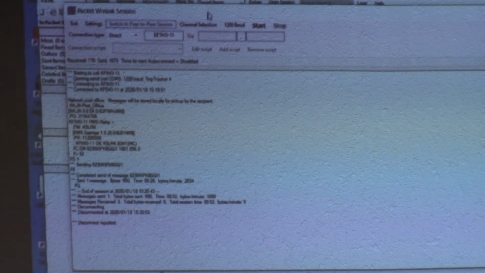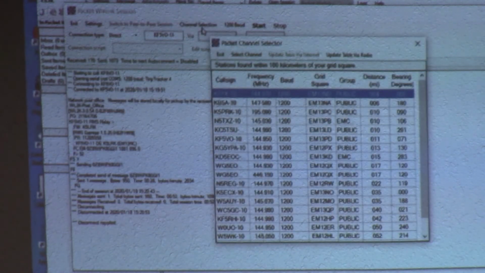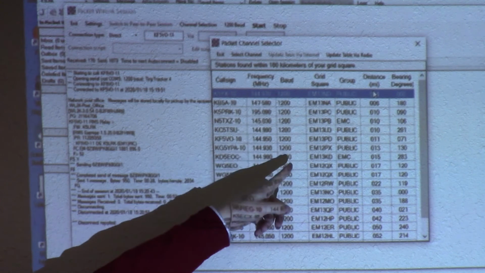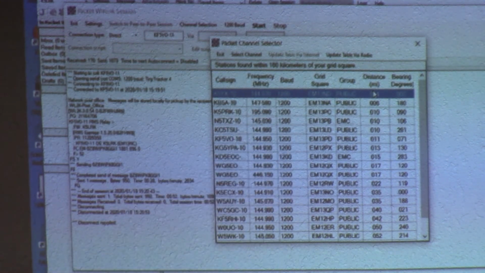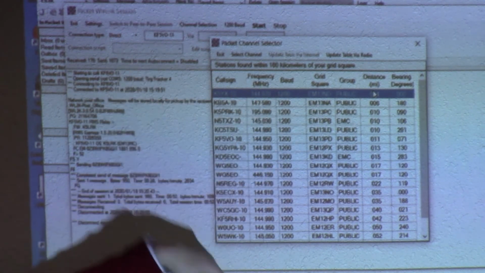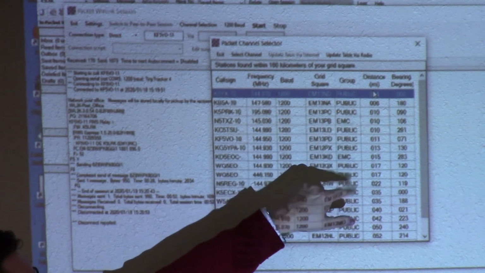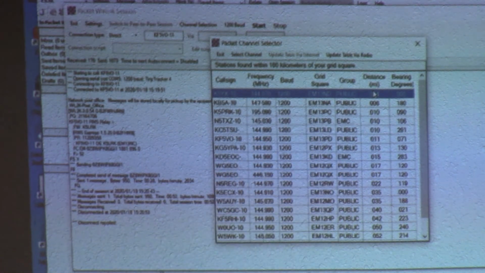But if you forget, because it goes away once you connect, your channel selector will tell you the frequency that node is on, and it'll tell you the baud rate. It gives you the grid square group. I have public and MCOM selected on mine. And again, that's set in the settings. If you don't have MCOM in there,